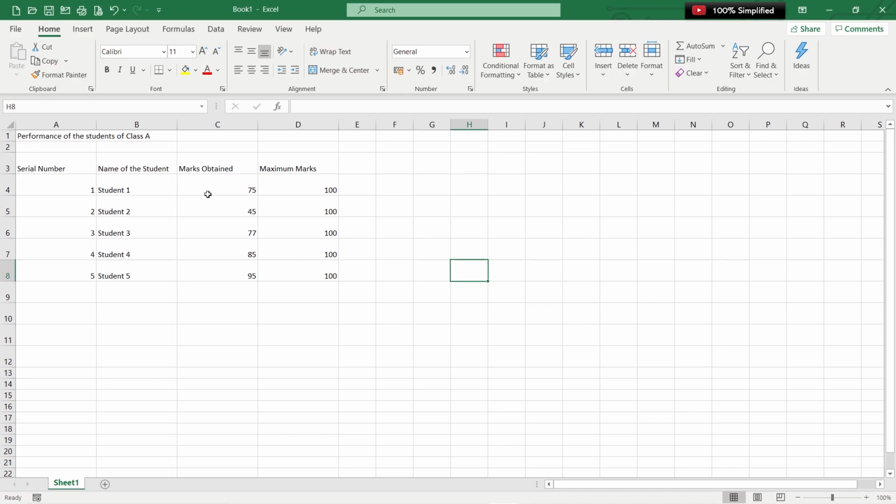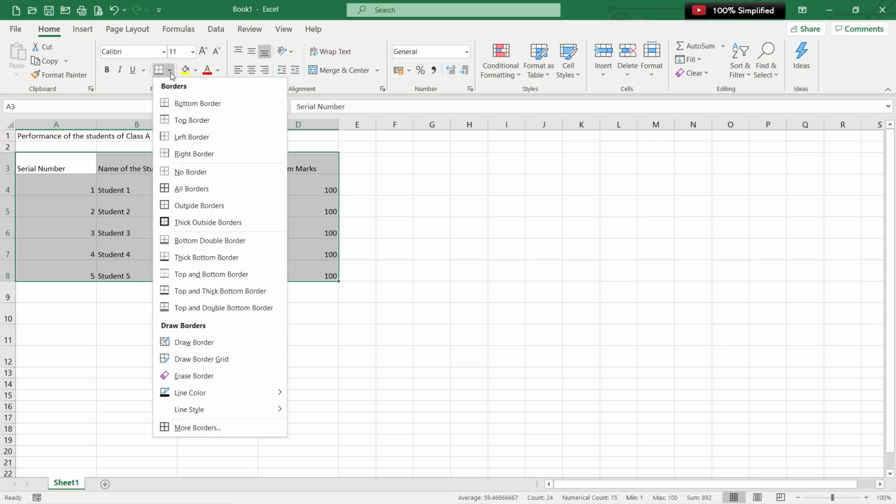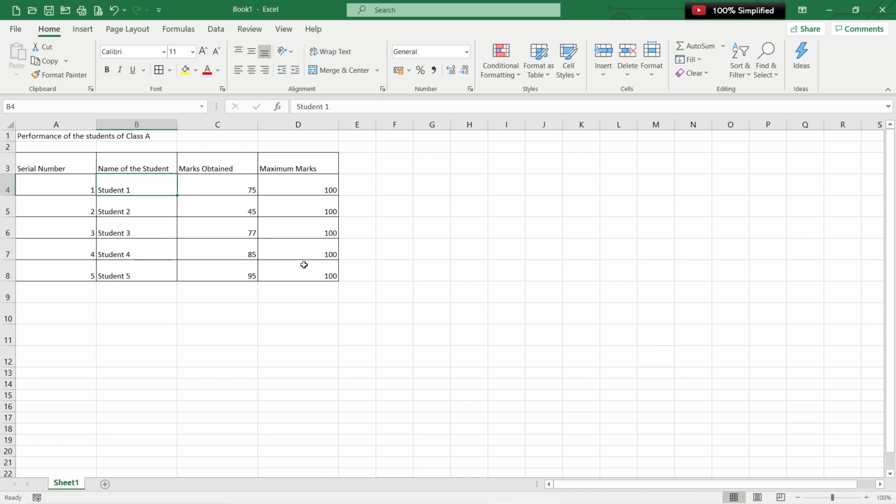Once you have the width and the height created for that particular cell, the next thing you need to do is the borders. Now select the entire text or the table which you have created, go to Home, then in the Home there's a Font group, go to Font and you'll see this small box here. Just click on that and it will give you various options of adding borders. For now, just click on All Borders here and here you go. You have all the borders for this entire table. And I think now it's looking even better.